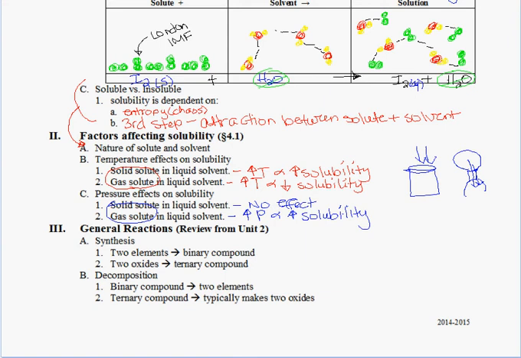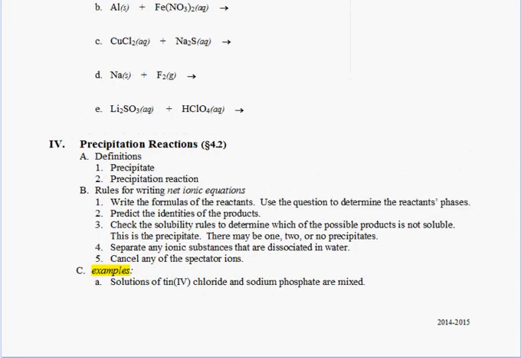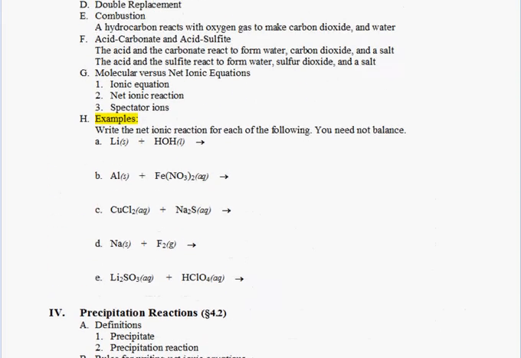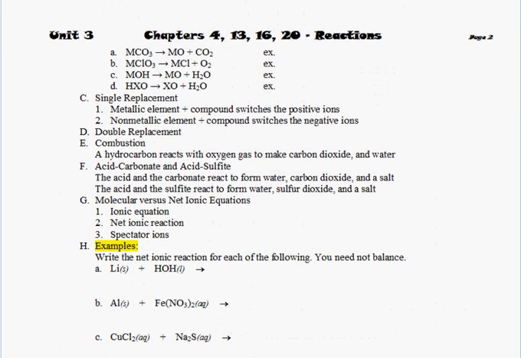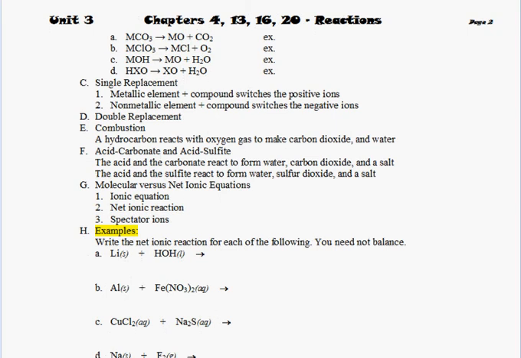Okay, so this is our second video for Unit 3, and we're going to be taking a look at general reactions, but we're also going to be taking a look at molecular reactions versus ionic reactions, as well as net ionic reactions. So to do that, let's start. These are just your general reactions, which were from Unit 2. We're actually going to go ahead and start with the reactions page on page 2 of your notes,